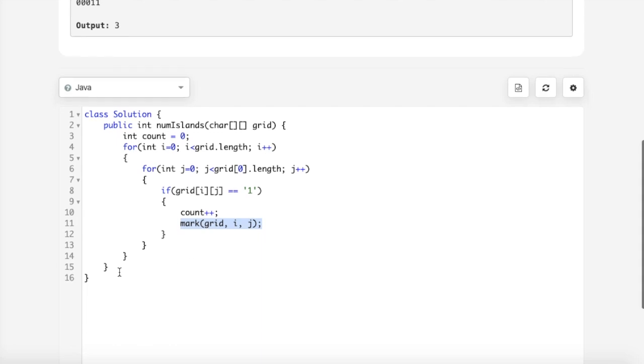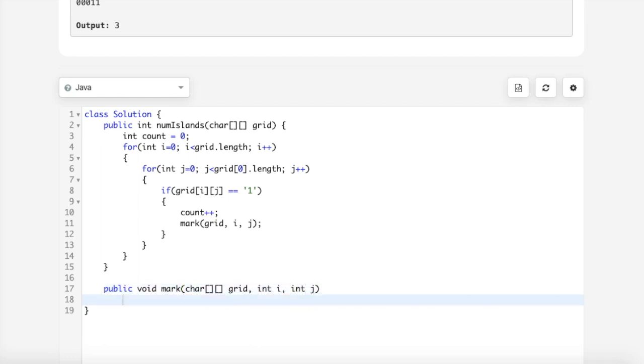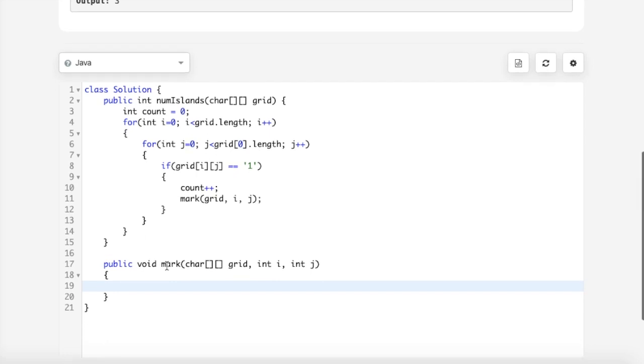So this function, let's implement now. It doesn't return anything and it takes the grid and the current position. So what I have to do here is first check this, right? If it's valid, that is, it's not out of the grid.